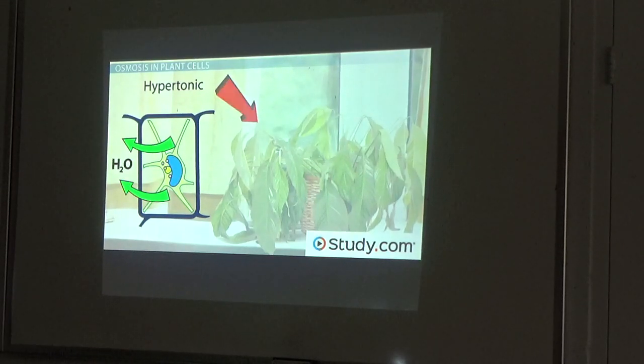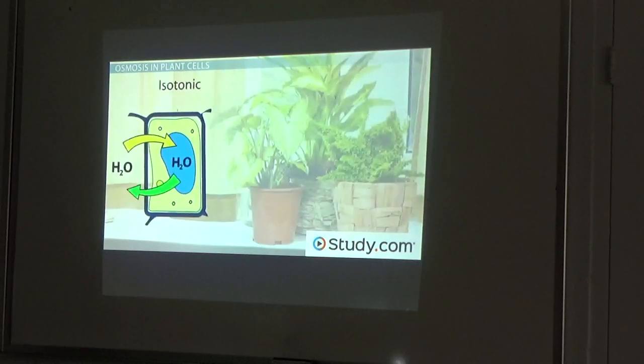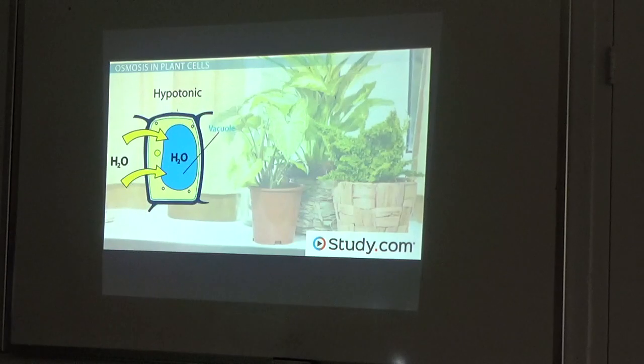Notice, however, that even in a hypertonic environment, the cell wall helps maintain the shape of the plant cell. As soon as you started watering the plant regularly, the plants were again in an isotonic or equal water environment. As a result, the cell's central vacuole takes on more water, and the cell can fill the cell wall's shape. Now, what if you poured on a little too much water to try to make up for lost time? You may have seen a plant wilt when it isn't watered enough, but have you ever seen a plant explode with water? I doubt it, and that's because in a hypotonic environment, with more water outside the cell, the central